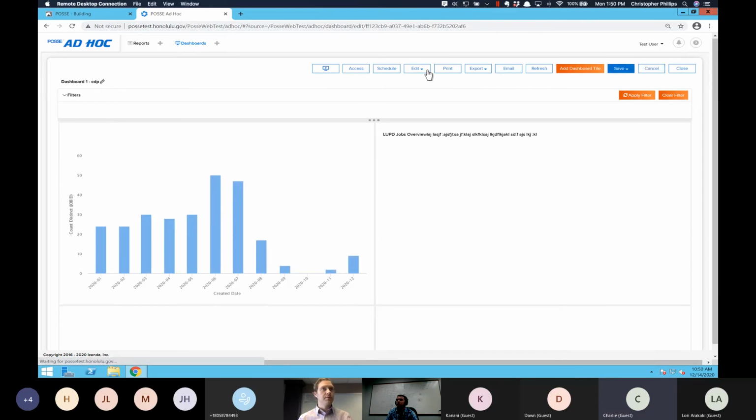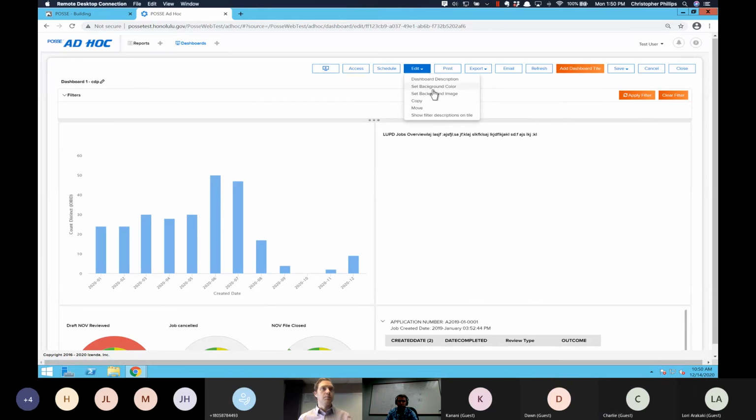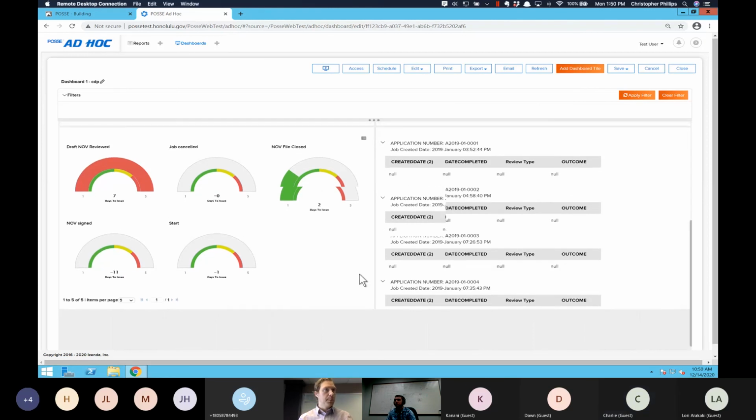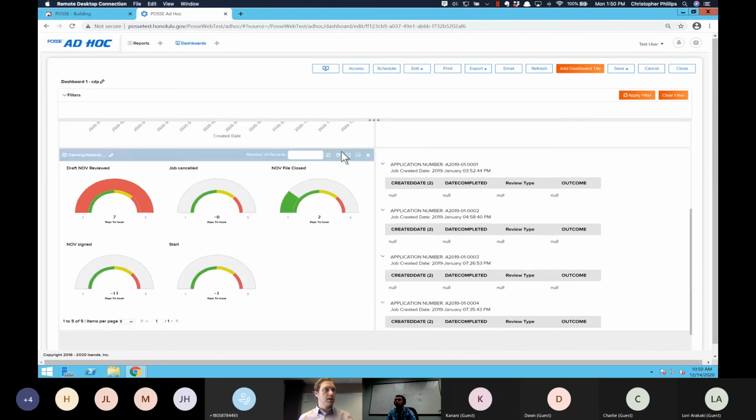I believe we should have the same functionality of moving and scaling as well. So dashboard description, background, color, image, copy, move, show filters, description, title. Yeah, so maybe not. Not there. So you would actually have to create a new one. No, I don't think we're there yet. Hold on. So